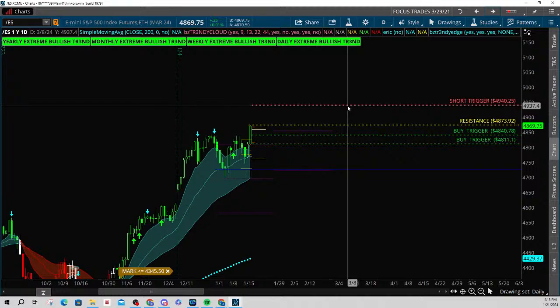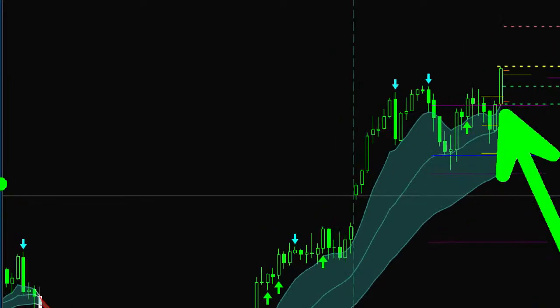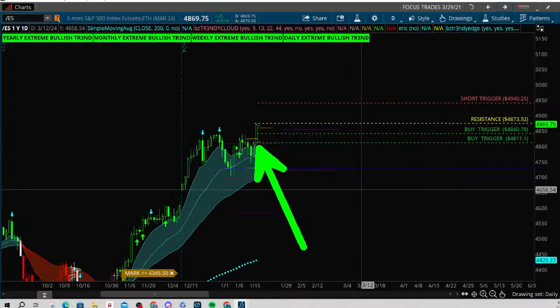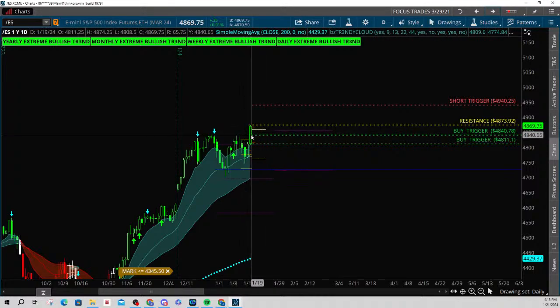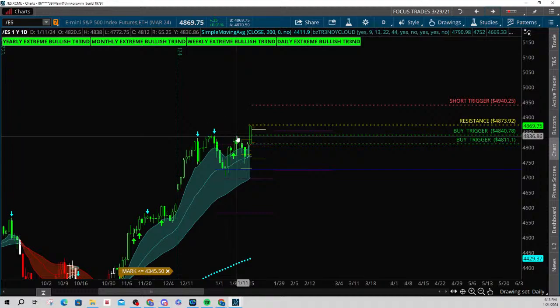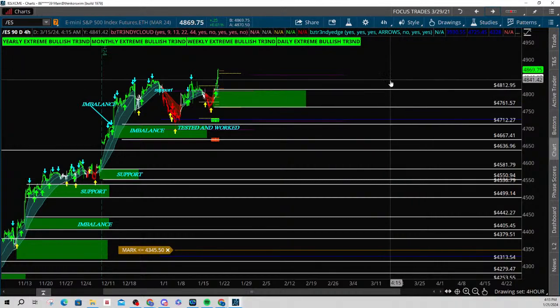Like the trendy turns. What I'm doing with the resistance level, I'm literally just putting it right above the high of last week. As far as the buy triggers go at 48.40 and 48.11, you guys can see here on a daily that your 48.11 is lined up with the trendy edge and the cloud. So again, I would expect some support there. And this 48.40 is basically just a line that comes in around a Fibonacci level and above this previous high right here. All right, moving on. We're going to go into the 4 hour.